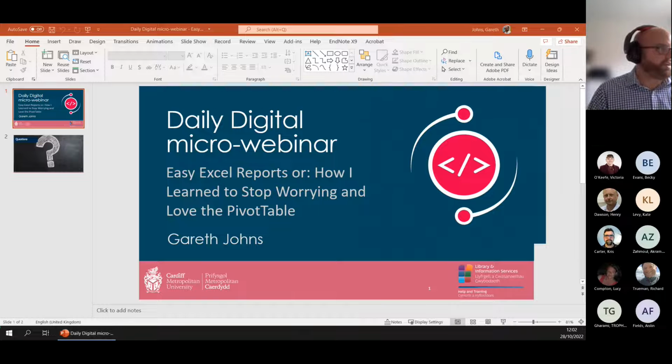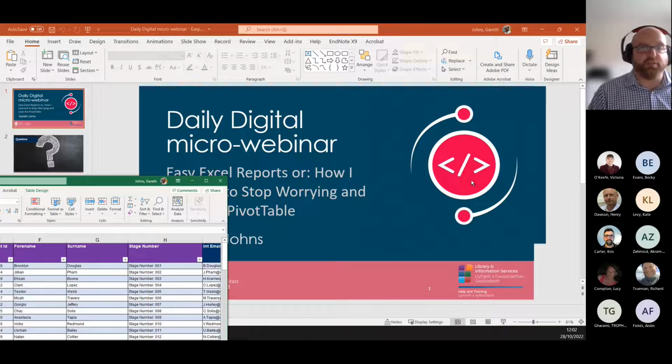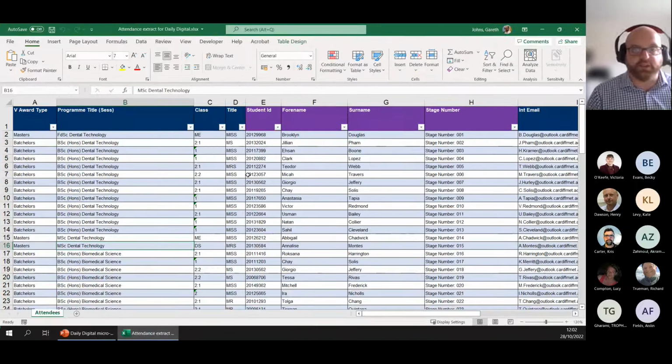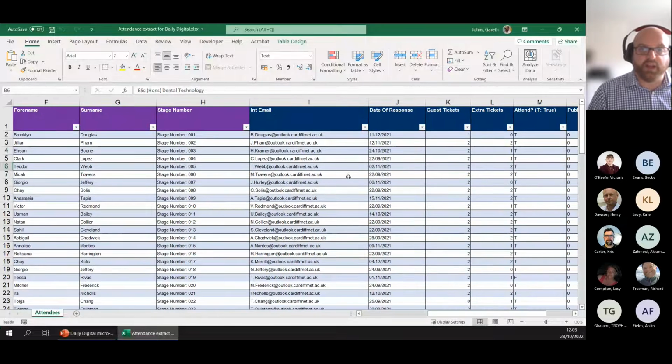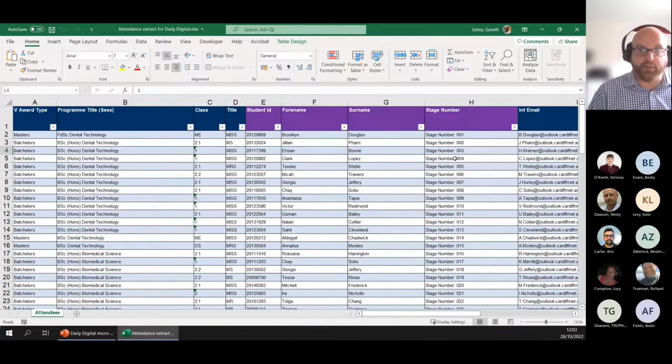So we have a spreadsheet here that originally came from Registry. The details have been anonymized, but it's used to track the number of tickets that people have requested for degree ceremonies. So we've got data such as name, email address, date of response, number of tickets and number of extra tickets. To quickly summarize this data, I can insert a pivot table of it, and I can do